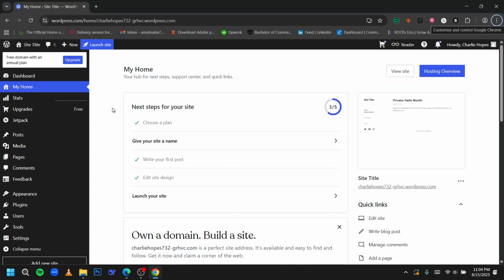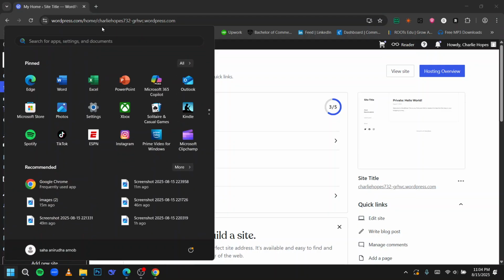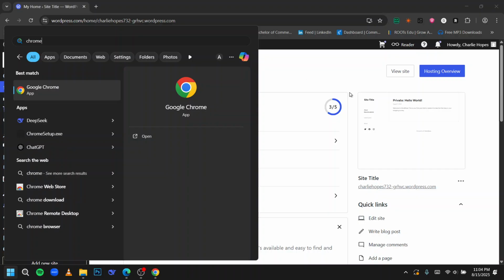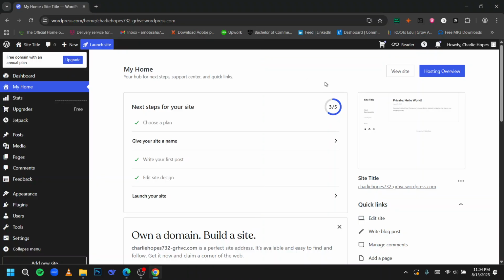Hello everyone, in this video I'm going to show you how to align a text in WordPress site. So for this you have to go to the start button, then simply type in the Chrome or the preferable browser that you would like to use, then simply type in